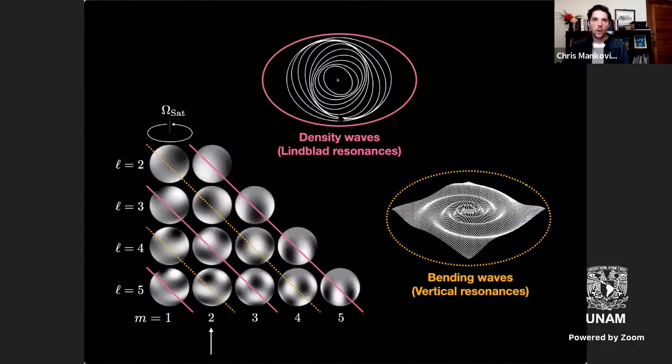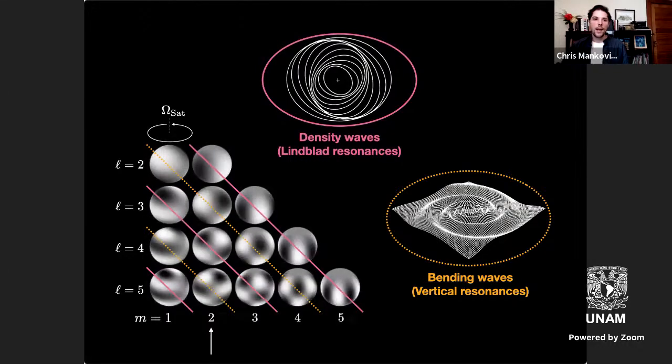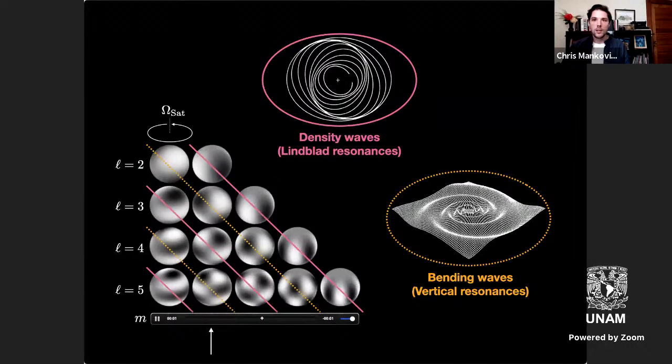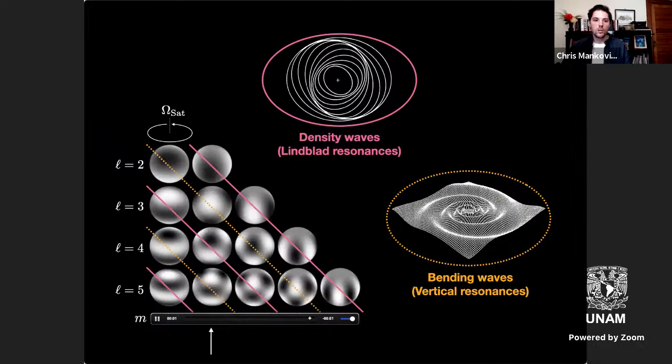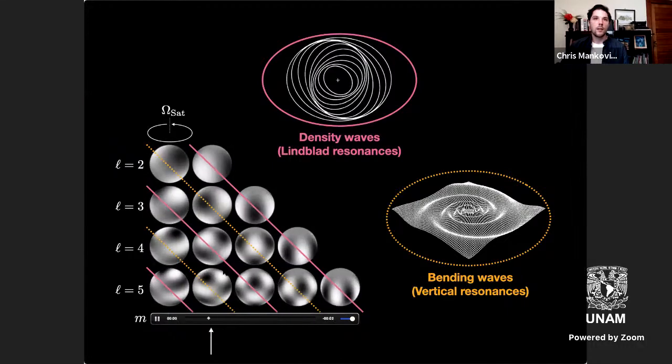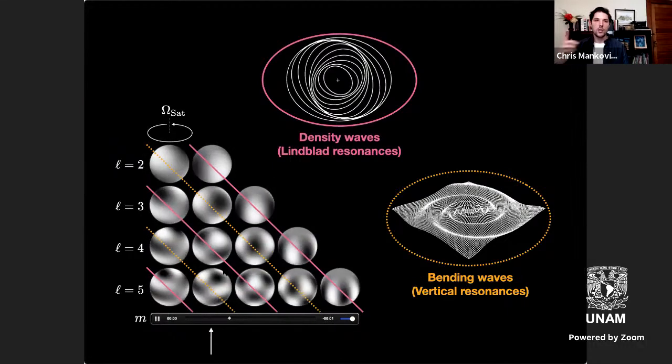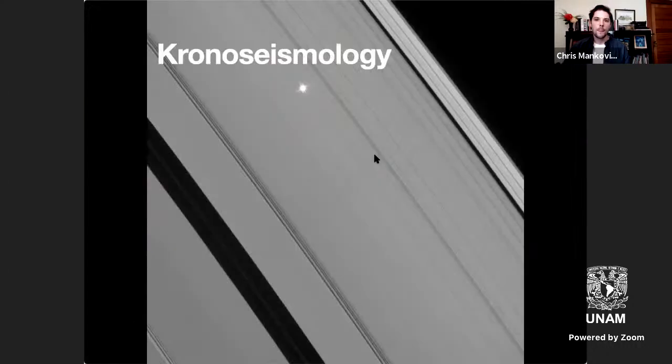And this is just to remind me to say that these cartoons show 2-armed spirals. And there's a really straightforward mapping between the structure of the wave that you get and the structure of the perturbing planet mode. So these are both 2-armed spirals. And so these would be caused by M equals 2 perturbations inside the planet. That is 2-fold azimuthally symmetric patterns.